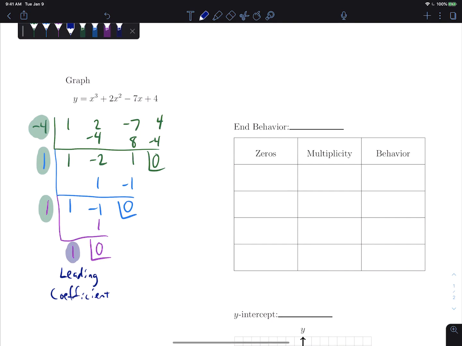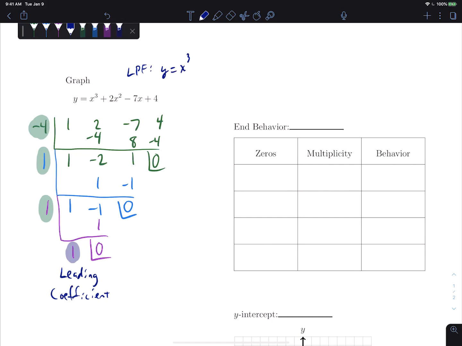Always remember, this single value down here will just be the leading coefficient, which is in fact a 1 here. Wonderful. Now, looking at the end behavior, we kind of skipped over that, but let's go back to it. The end behavior is the leading power function,